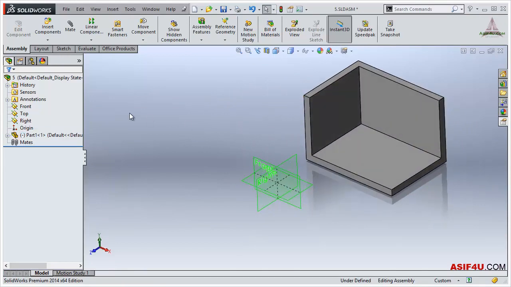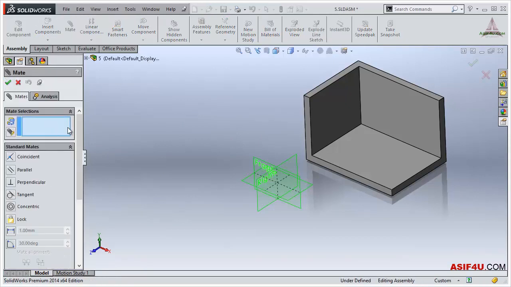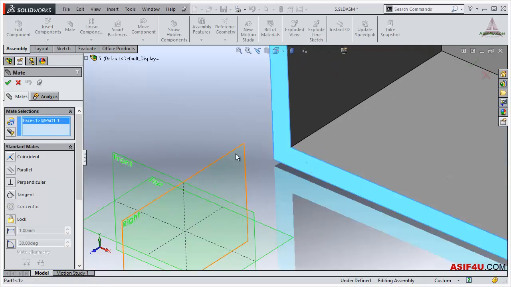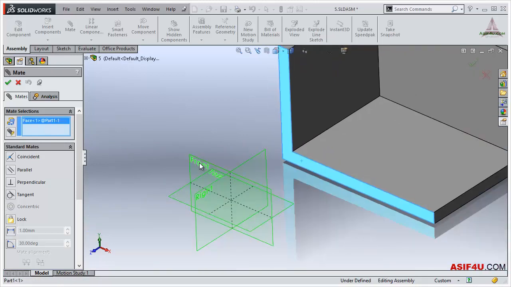To add the mate, I have to go to this assembly tab. From here I can get this mate tool. When I activate this mate tool, inside this box you can see entities to mate. That means I have to select entities to mate between those two entities. If I select this face and this front plane,